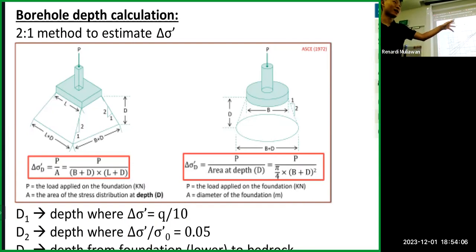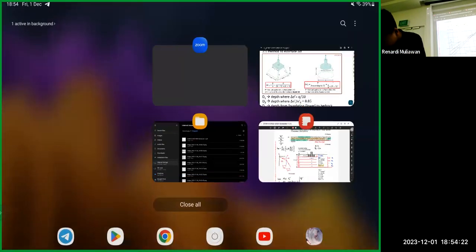Okay, and what's A? It's B plus D times L plus D. Okay, this one you need to remember. I think this one comes out quite a lot. So it combines a few concepts in one question. Okay, so in this case,